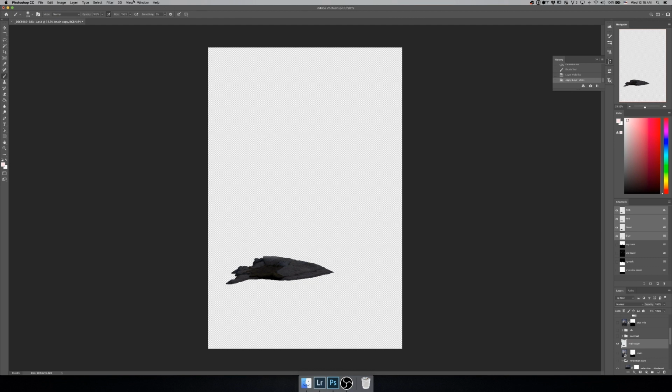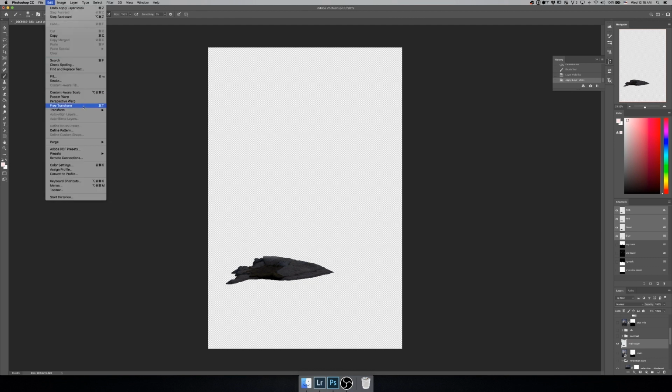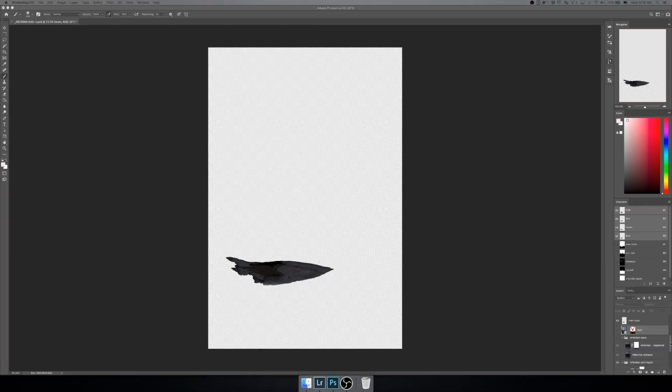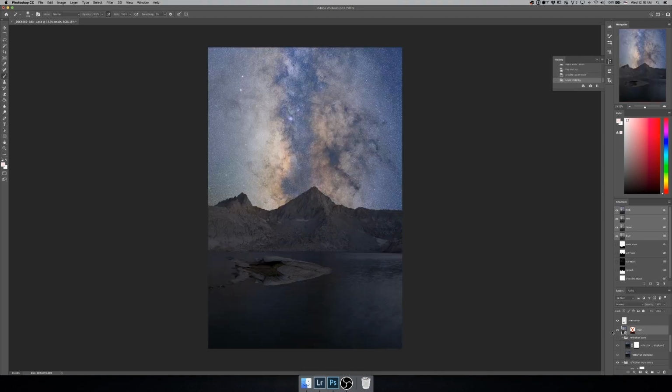Then I'm going to reflect this in Edit, Transform. I'm going to reflect it vertically to create the reflection for that rock in the foreground. Okay, so now we have the reflection for the rock in the foreground, but it's still got a ways to go. So if I turn on this background layer again, and I go ahead and try and position this reflected rock,